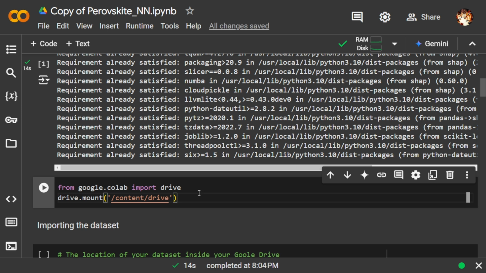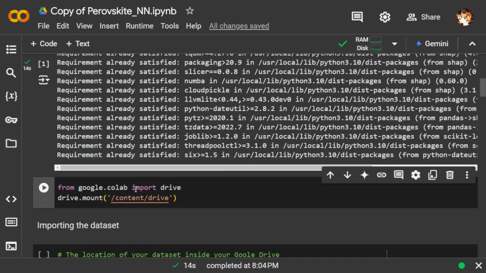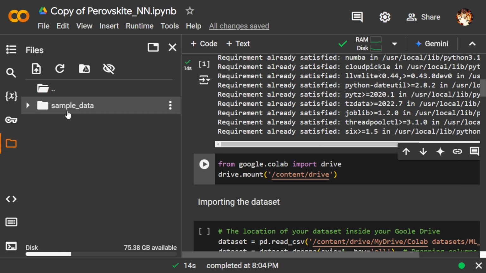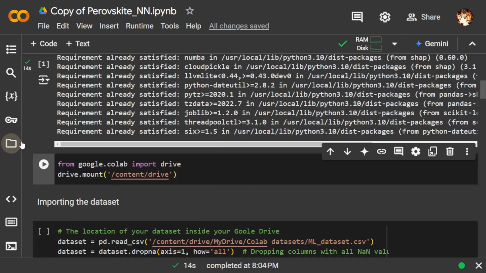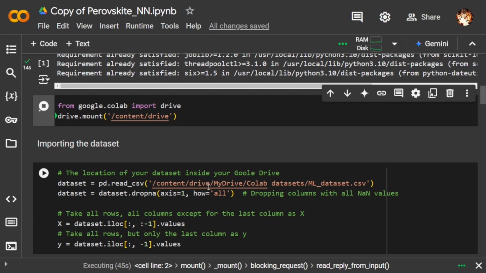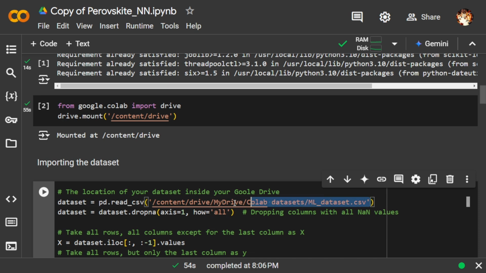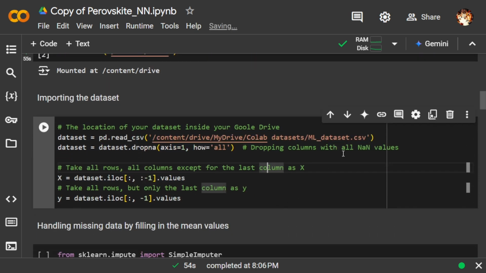So in this code, I have migrated my dataset into Google Drive. If you press Mount Drive, this code will be inserted, and you will be able to use your dataset from your drive instead of dragging it in each and every time. So the mount is complete, and this is the location where I have placed my dataset in my Google Drive. Everything else is the same. So let's run this cell